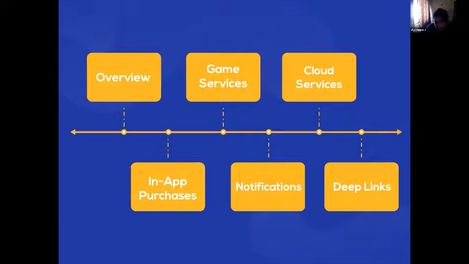If you want to talk to your user or player more closely, you can send personalized messages with notifications. And if you want to save your players' progress, you can use free services like cloud services. Another option is deep links, through which you can show the right content to your user. As an example, if you want to invite a friend to play a match, deep links will help drive the invited friend within the app, and directly let them play the game.